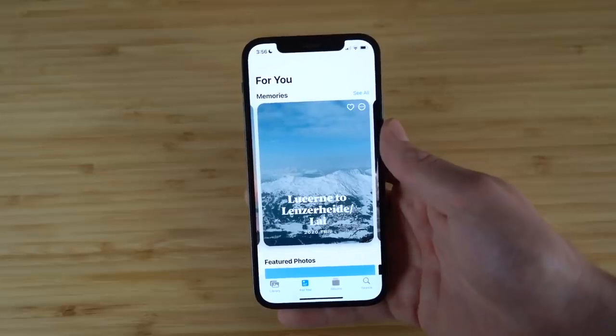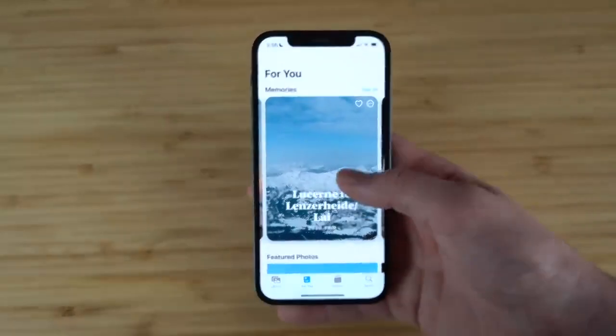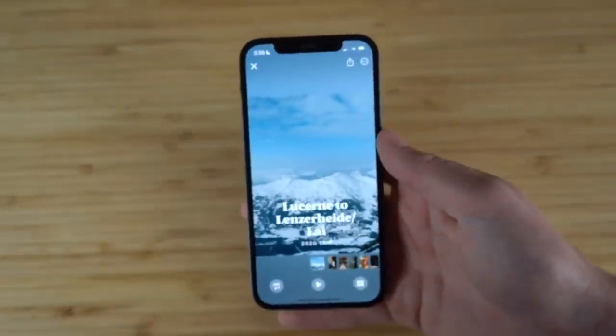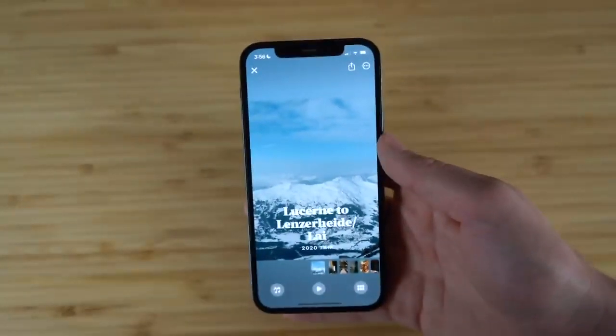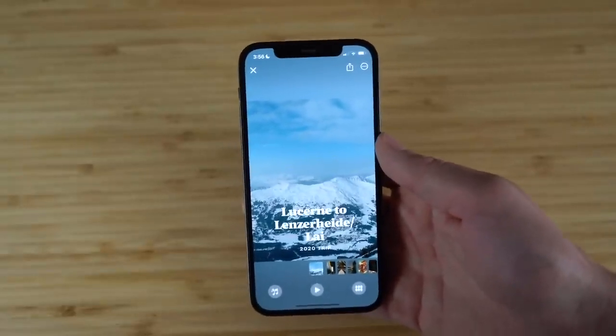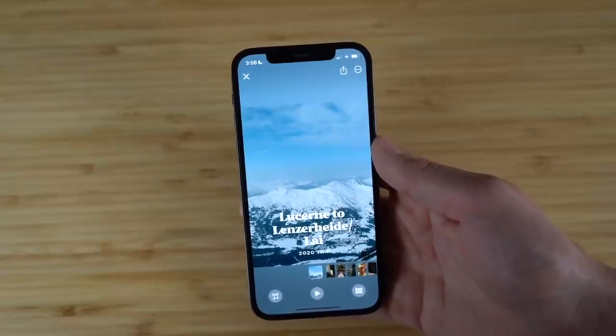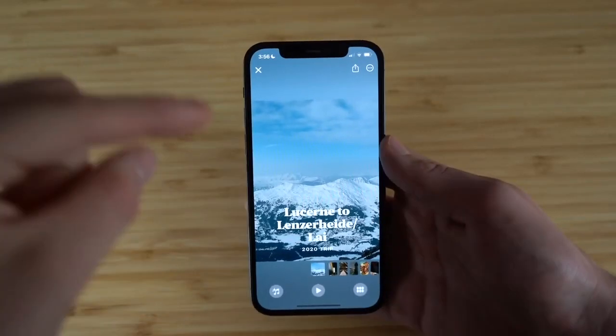For a while now, our iPhones have been making these slideshows from our photos called memories, and they're pretty cool, but I was never a big fan of the music. It was just kind of cheesy stock music, which makes me super excited for this brand new feature that I'm about to show you. And that is how you can actually add any song to these memory slideshows in the